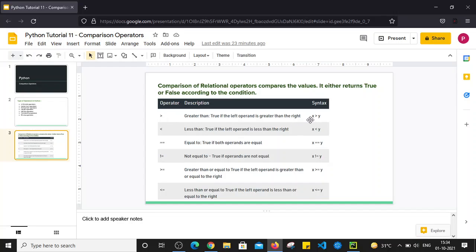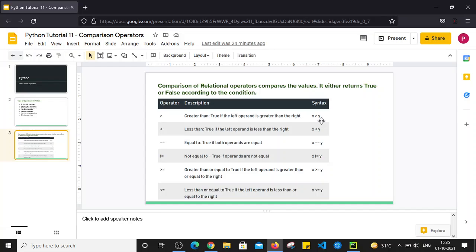If the value of x is greater than y, this statement will return true. Similarly, if the value of x is less than y, this statement will return false. So always remember that comparison or relational operators always return the value in the form of true or false.